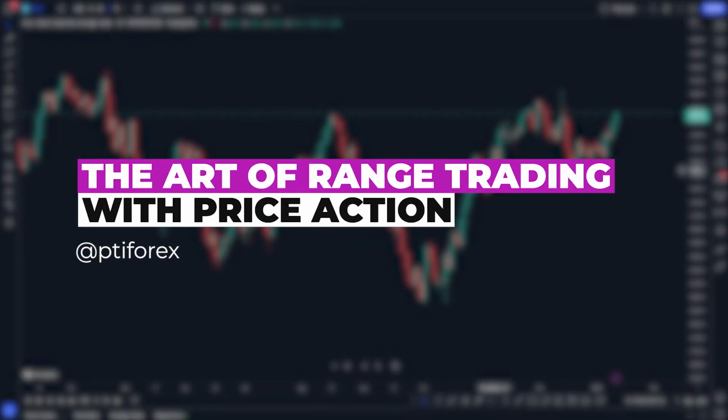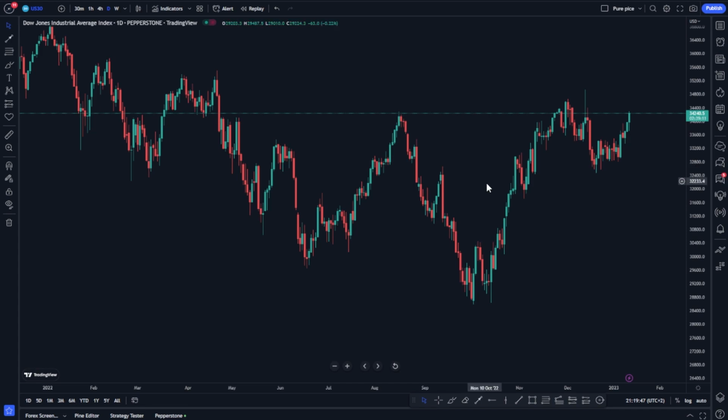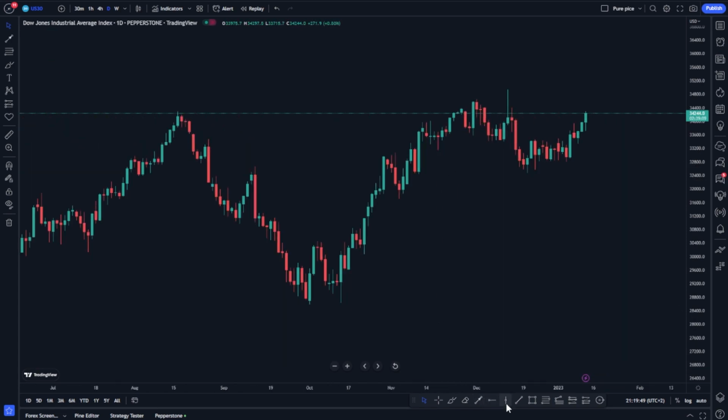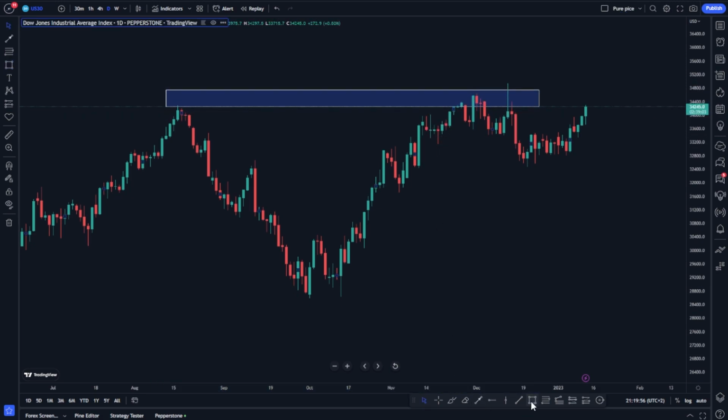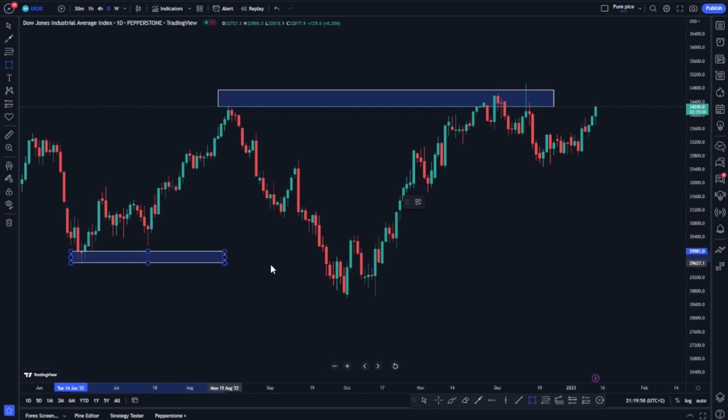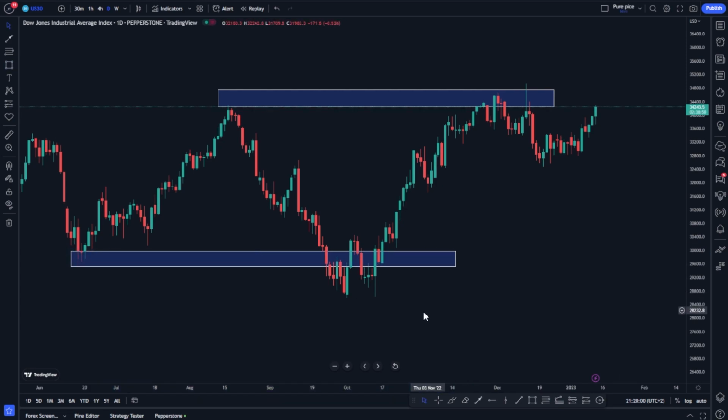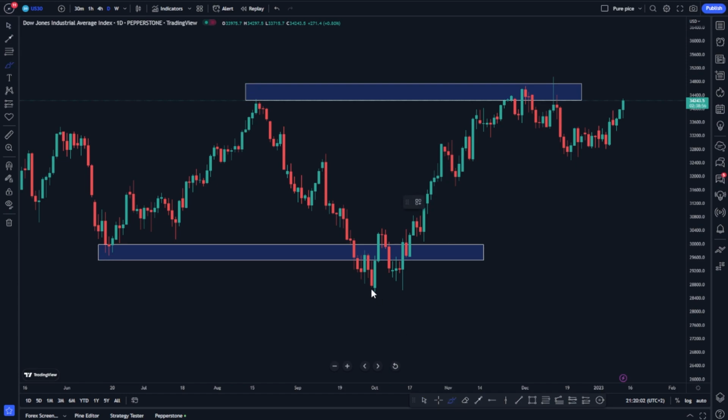I just want to share with you something very interesting. If you can see here, we have this interesting market structure. If I can just point it out for you, we have that resistance all the way there, and if you can see below, we have a very simple support level, and we can see that price reversed on the support